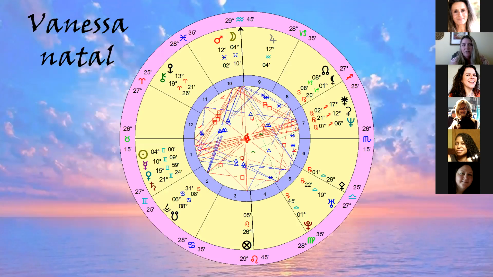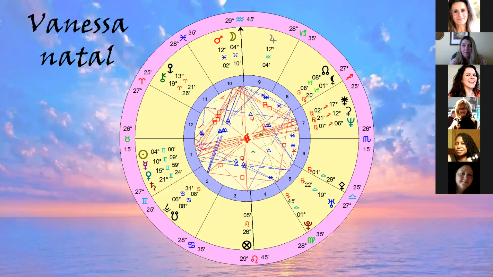I'd also like to note right out of the gate that Chiron is exactly opposite Uranus, so it's a strong opposition in her chart in the 5th and the 11th house, in the cardinal signs of Aries and Libra. So we've got a little bit of the lay of the land. We have Pluto in the 5th in Libra, and it is in a trine to her Sun, so this is a powerful